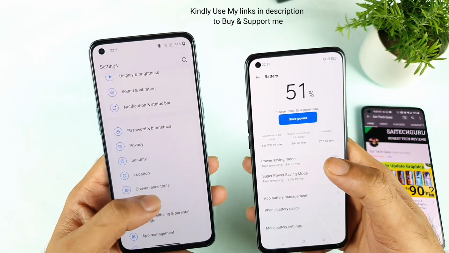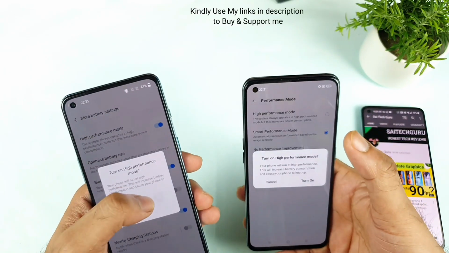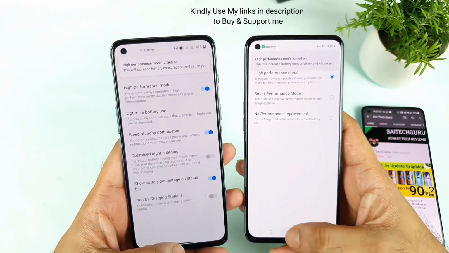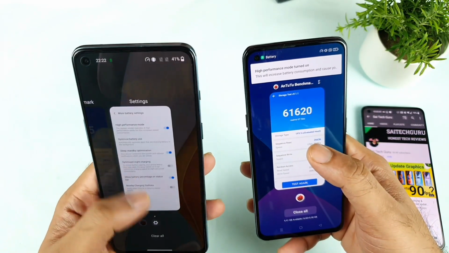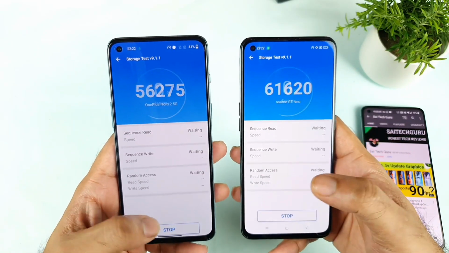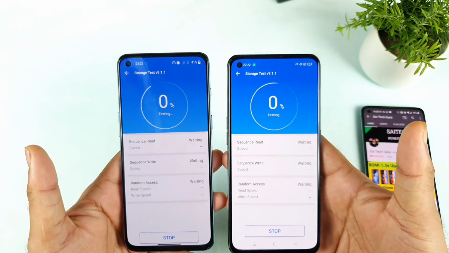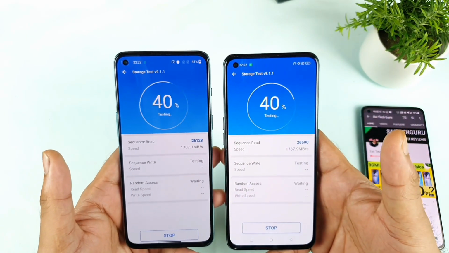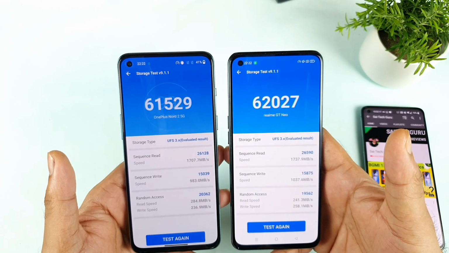Let's go to the battery section and turn on the high performance mode. Yes, high performance mode is enabled. Let's see whether it will affect performance or not. That's what I'm going to check. I'm not even sure if it will make a difference, because this is my first time doing this kind of comparison, friends. Side by side, I just want to see how much difference it makes between both phones. That's the main point of testing in this video. So let's see whether using high performance mode will affect anything.